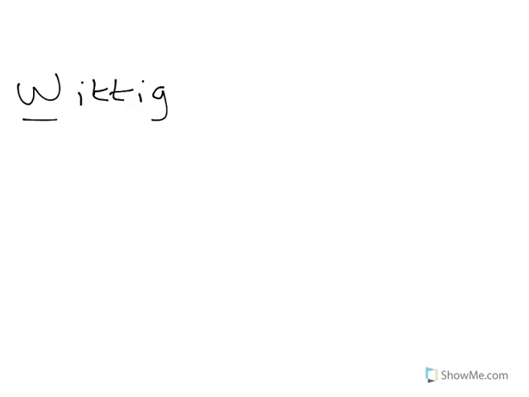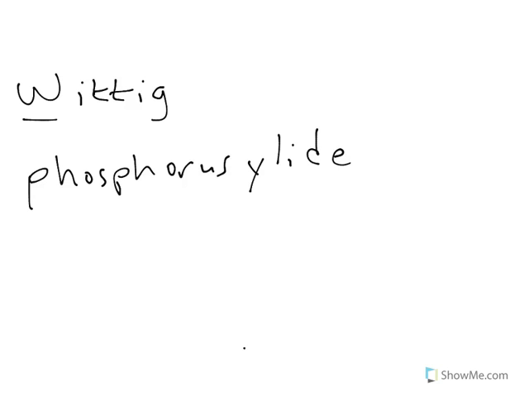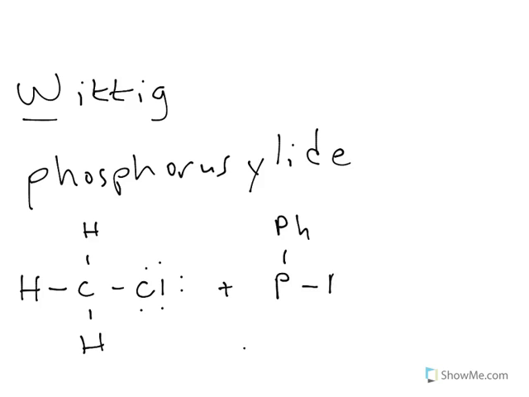And it's a two-step reaction where we have to make something called a phosphorus ylide. That is a strange word. It's spelled Y-L-I-D-E, ylide. And we're going to make that by reacting an alkyl halide with triphenylphosphine. All right, so phosphorus, hadn't seen it much, but it is a group 15 element, and it's right underneath